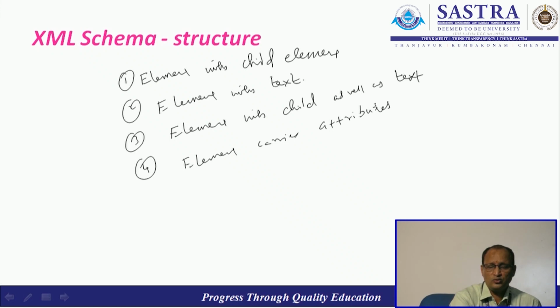So how to validate an element to have this kind of structure? By using schema, we can provide proper structure for an XML document, and also in depth we can validate each and every text as well as its child elements and also its attributes. We can restrict a particular element first. In XML schema,